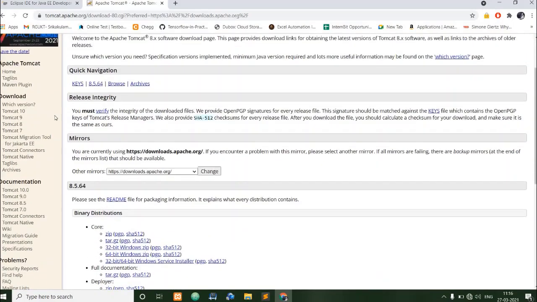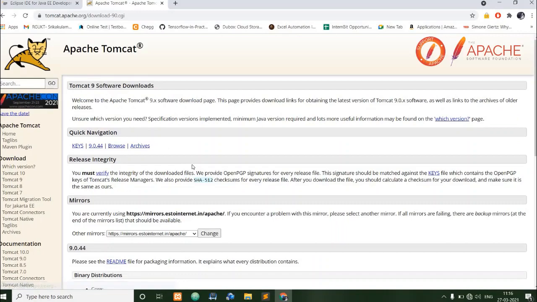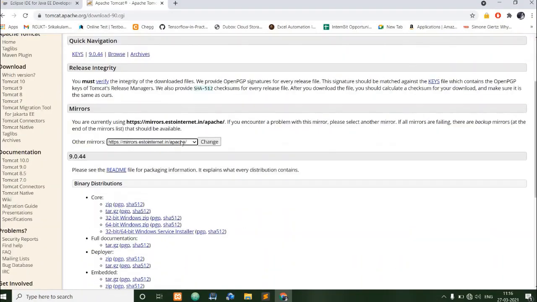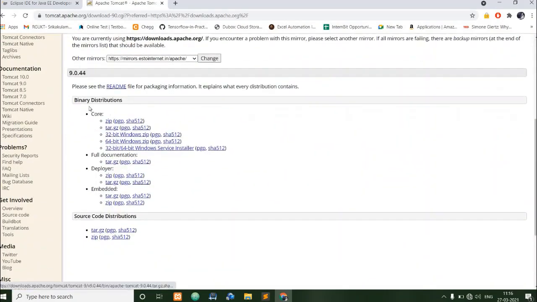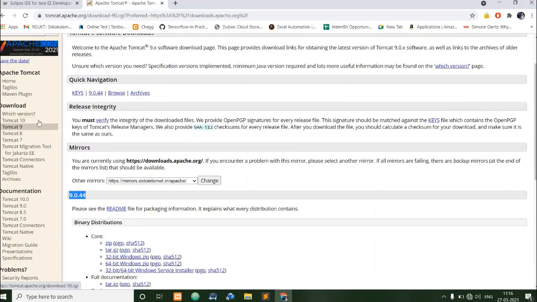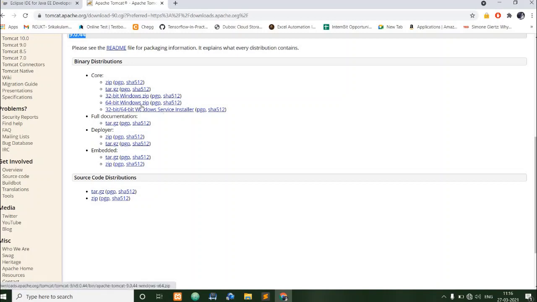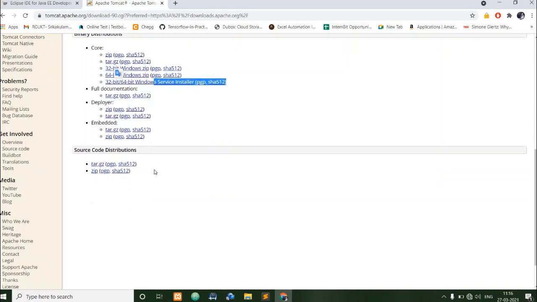After that we'll be using Tomcat server 9. In Tomcat server, select Tomcat 9 and change the mirror here. Click on change and download the 9th version of Tomcat. The 10th version is the latest one, but it is an alpha beta version. It is still in development, so that's why we'll be using the 9th version of Tomcat. You can go for the installer or you can go for the zip files. In this video we'll be dealing with only the zip files. Click on the zip file which your system supports